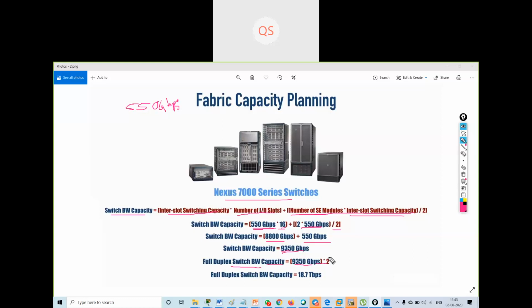whatever the normal switch capacity we got, into 2, means double. Why have we done double?